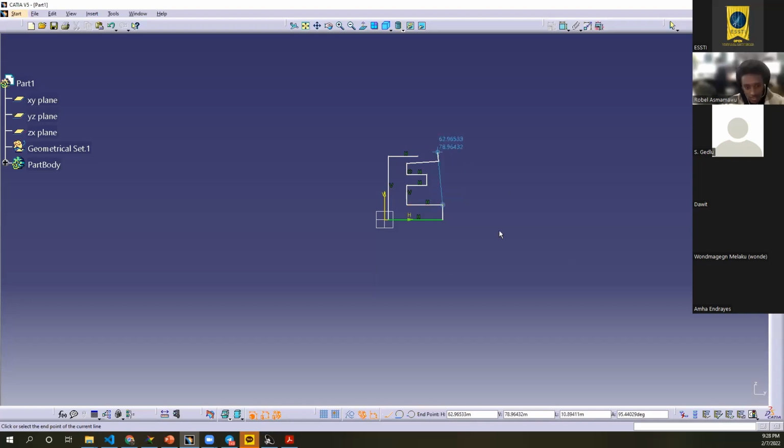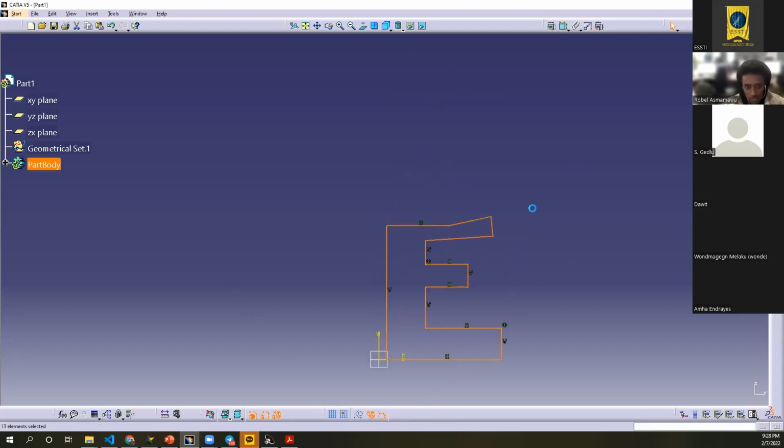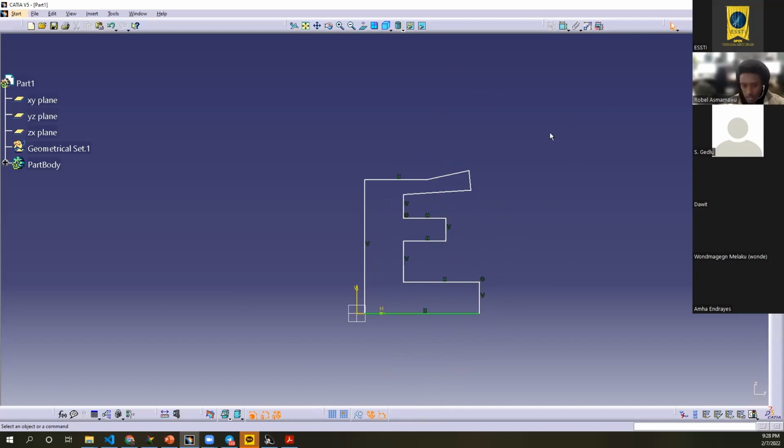Why did I do it like this? I want to show you some constraints that you can use whenever you make some kind of inverted line. Whenever a line is constrained, you will see an H sign, a V sign, or some circle sign like O. For instance, if it is H, it means it's horizontal. If it's V, it means it's vertical. If it is a center line, it means two lines will